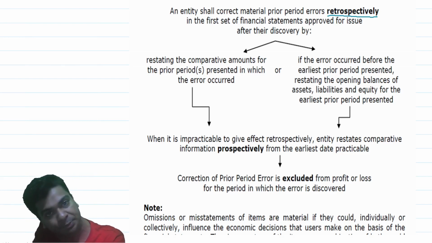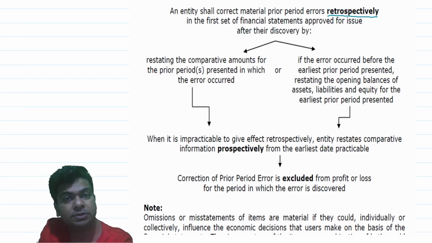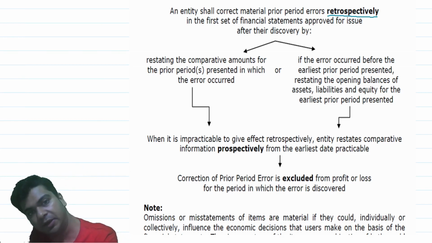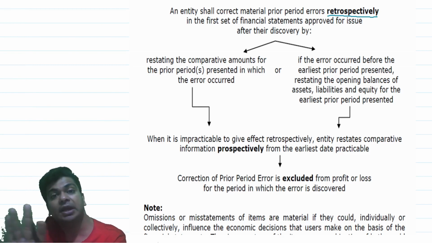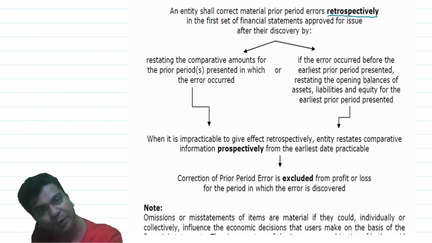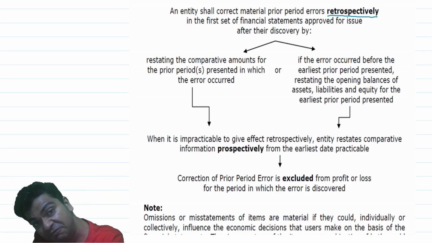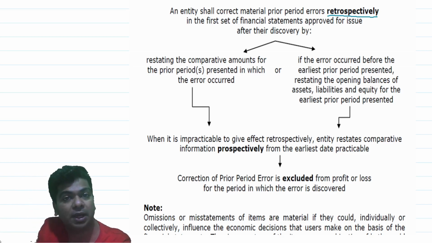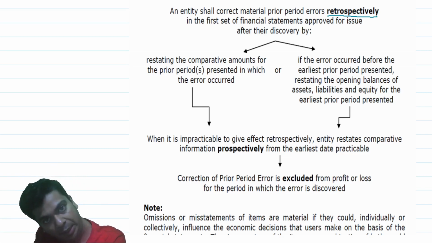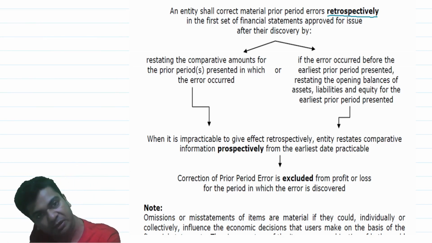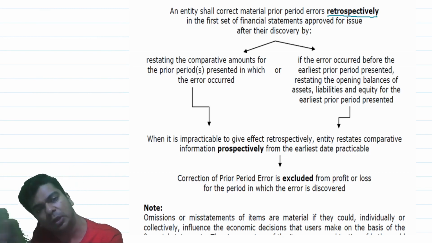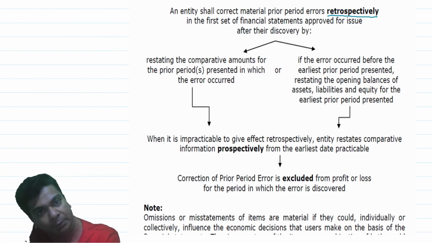This 10,000 rupees of wages, is it the current year expense? No, it is not the current year expense. It is previous year expense. Previous year expense you are debiting in the current year. You know what you have done? Because previous year's expense is debited to the current year P&L, your current year profit is wrong and your previous year profit is also wrong. Do you agree with me? It can even be a loss figure also, loss figure is wrong. Okay, I hope you are able to get it.